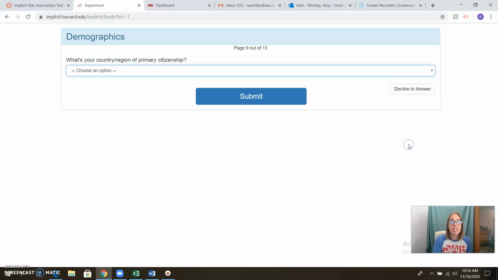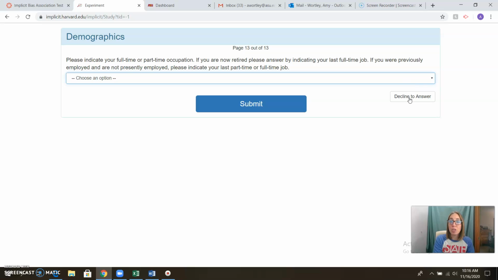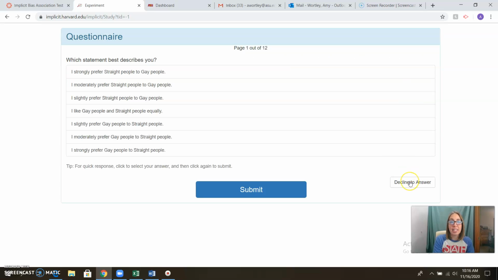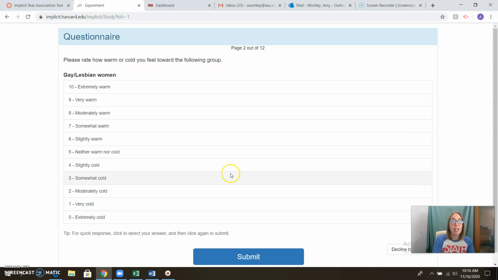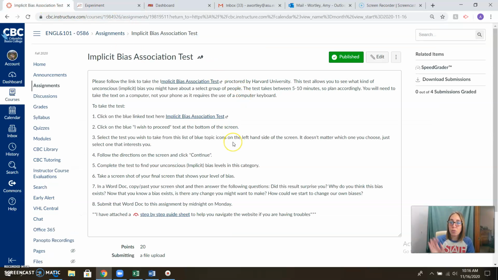Really, what this test is asking you to do is to have some really quick reactions to images that they show you and ideas that they show you. So you're going to have to rate some things, you're going to have to type things quickly. There are a lot of things you're going to be asked to do, but really the test only takes about 5 minutes. So take some time, conduct one of the tests, take a screenshot of your end screen that shows you